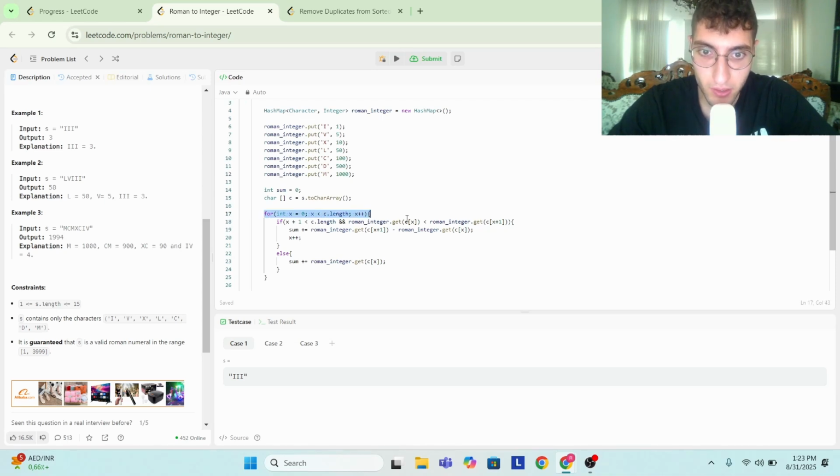And we check this condition, and we're checking if Roman integer.get c at 1, which is C, is less than M, because c at x plus 1, which it is. Then we're going to get the value of c at x plus 1, so the value at M, which is 1000, and subtract from it c at x, which is C, which is 100. So 1000 minus 100, that's 900, and we're going to add it to sum, which was 1000,